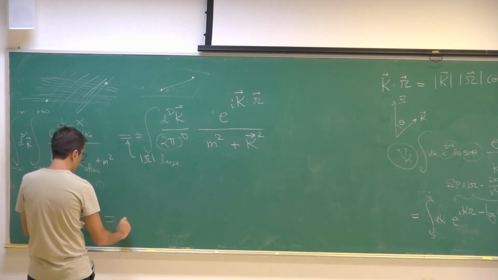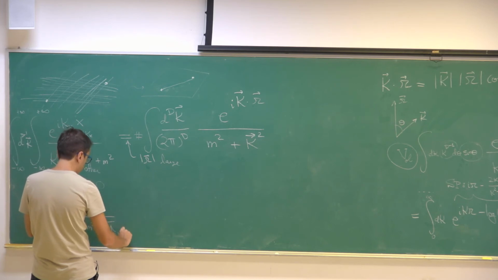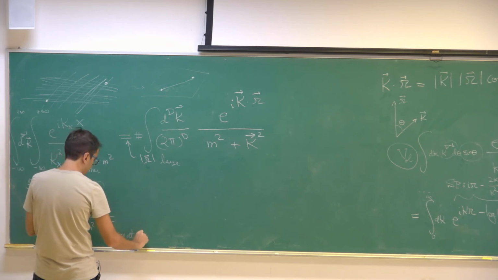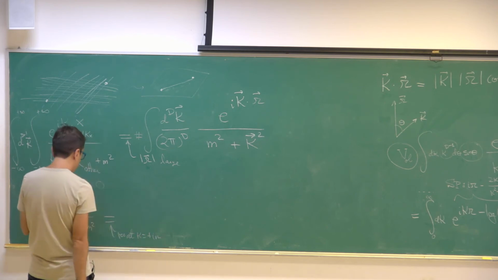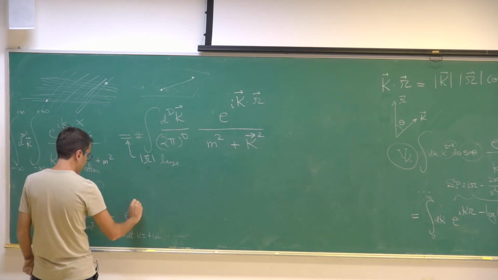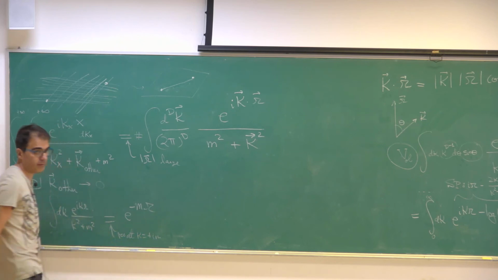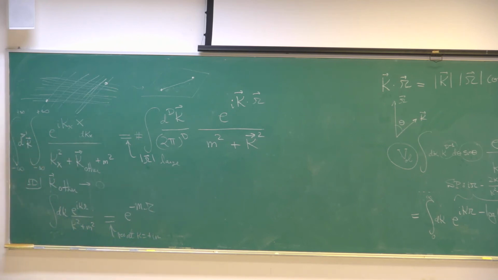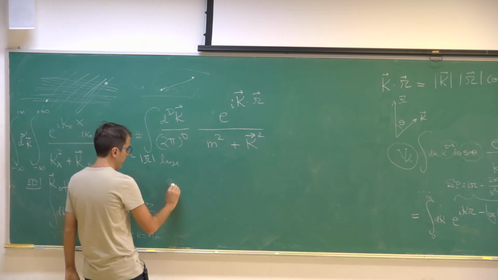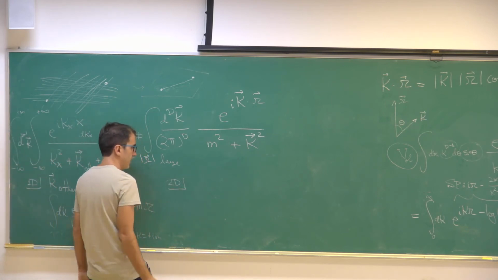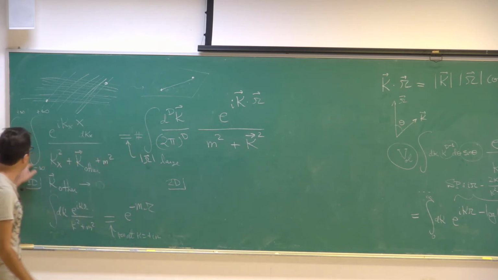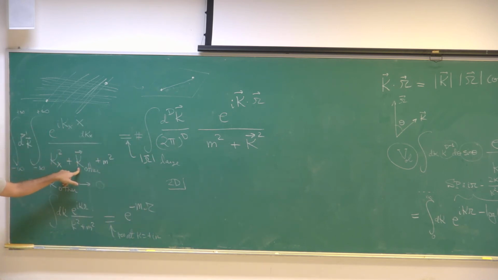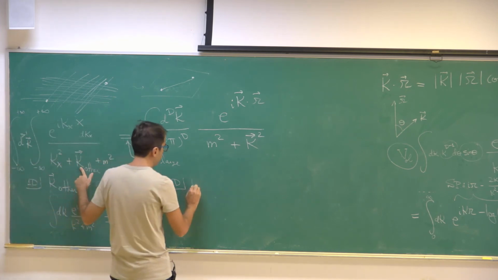So we pick the residue at k equal plus im. So this is just e to the minus m r. Okay, so that's one dimension done by residues. Two dimensions. In 2D, the integral over ky I could do. Now I have two options. I do first x or first y. So let's suppose we do first